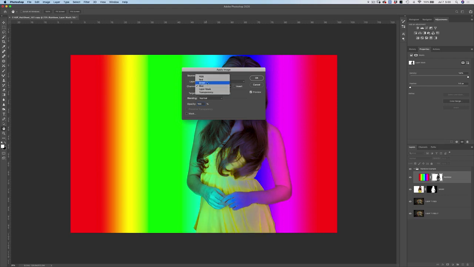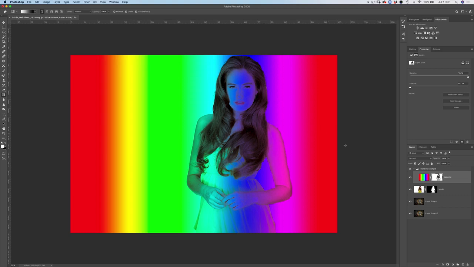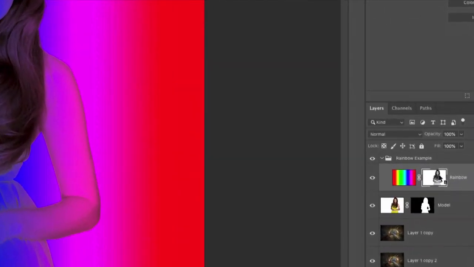So basically you have all of these options, but for this, let's just go with RGB. Then we can go ahead and press OK. And if we look at our mask of our rainbow layer, you can see that it has taken all of the pixel data from our model pixels and applied it to the mask of our rainbow layer.